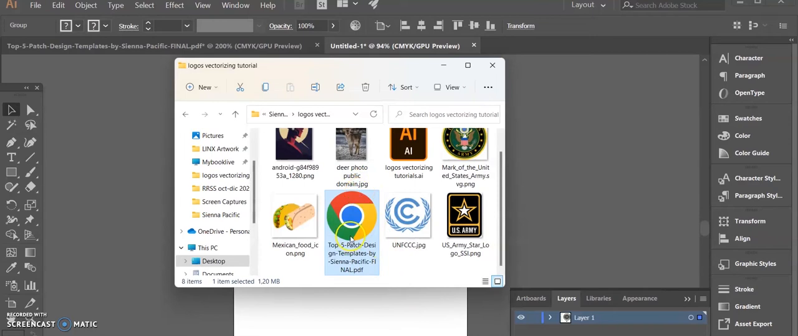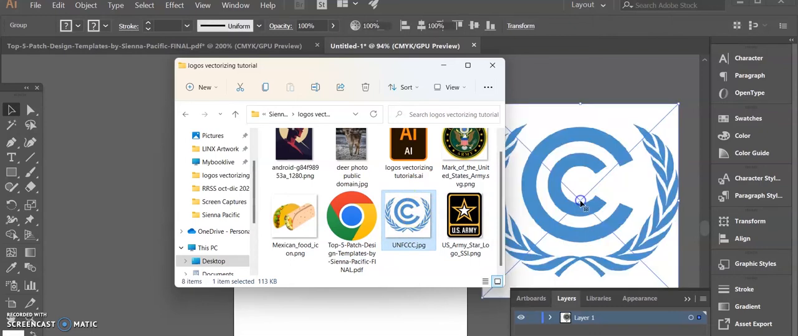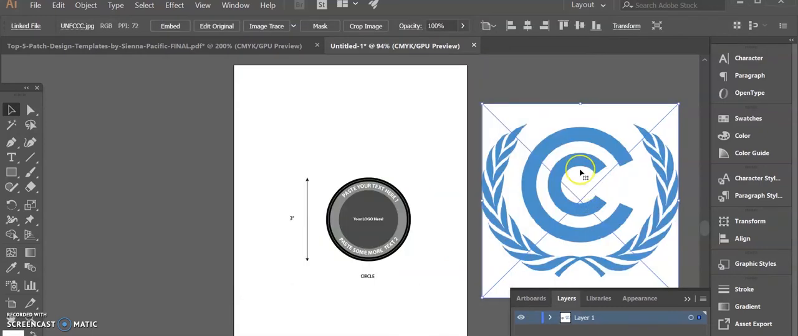Okay, select your image, drag it and drop it into your Illustrator project. For this example, we are going to use a United Nations climate change logo, which is in the public domain, and we think it will look nice framed in this round patch template we chose. Well, drag and drop it. Once there, select it with the selection tool, shortcut letter V on your keyboard